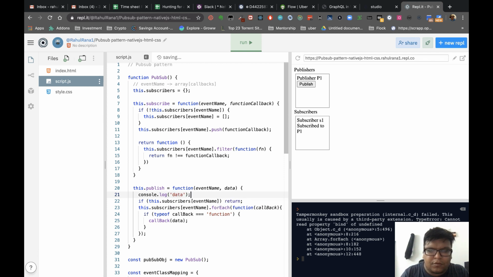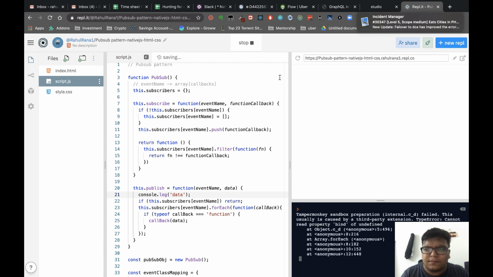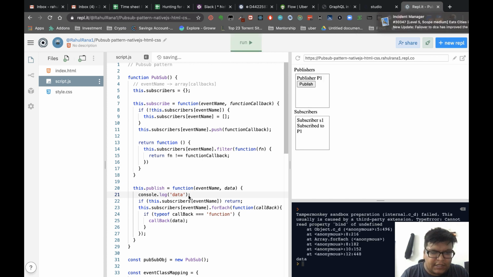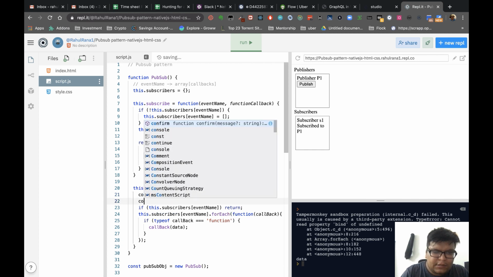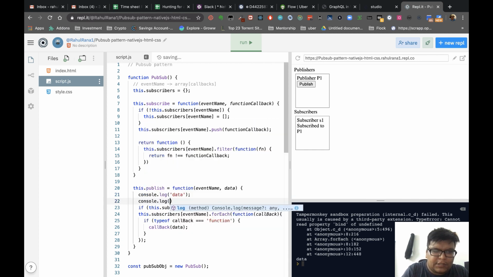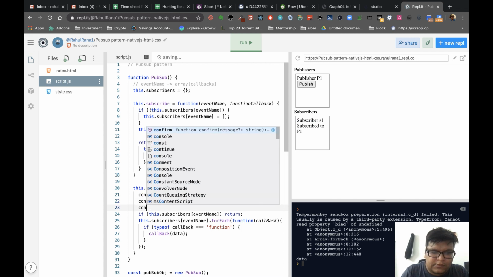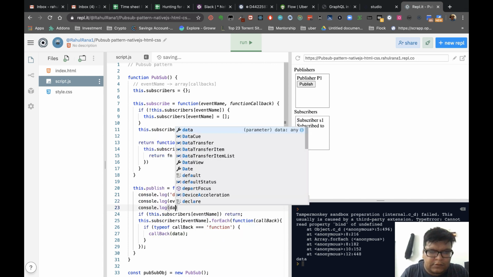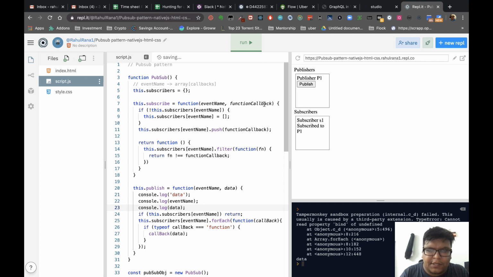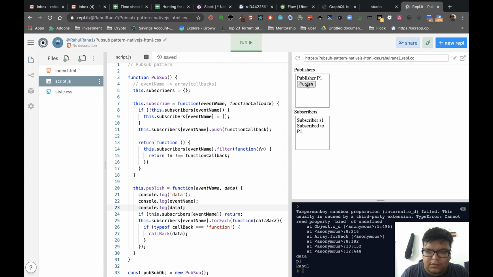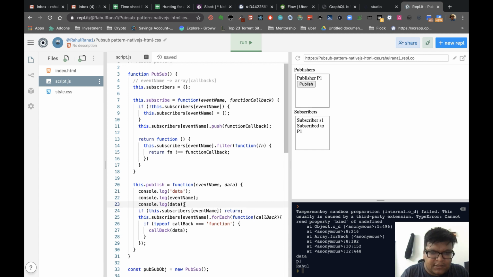If we try to console log anything random, it's getting here. Now we can see if we are getting data and event name, right? Yeah, so we are getting the right name also.